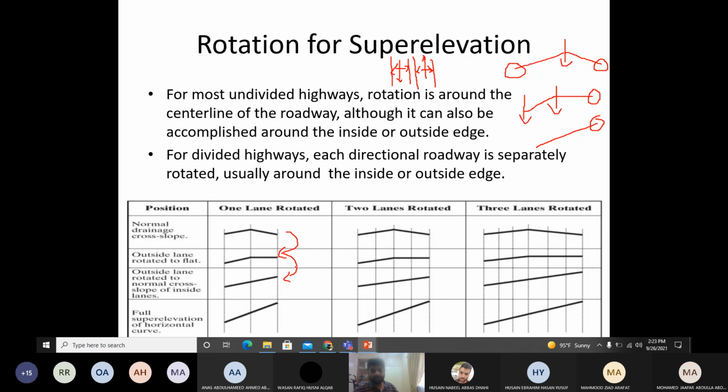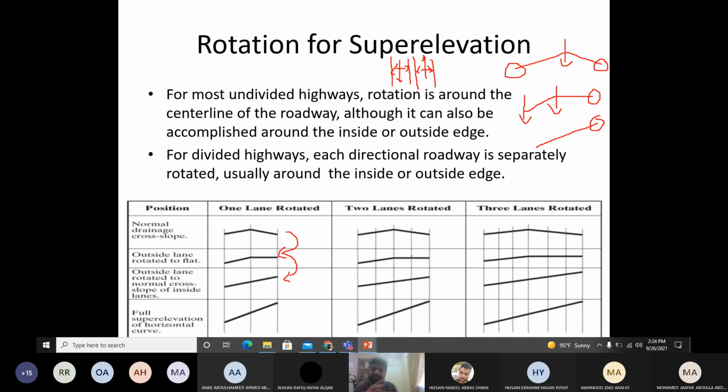So if it's 2 lanes, you are rotating one lane at a time, so N1 will be 1. If you have 4 lanes, you will be rotating 2 lanes at a time, so N1 will be 2 and so on. Same thing for a divided highway. If you have 4 lanes total, but you are taking each side at a time, on each side you have 2 lanes. You will be taking one out of the 2 lanes and rotating it, so N1 will be 1. So for divided highways, it will be half of the lanes on each side.